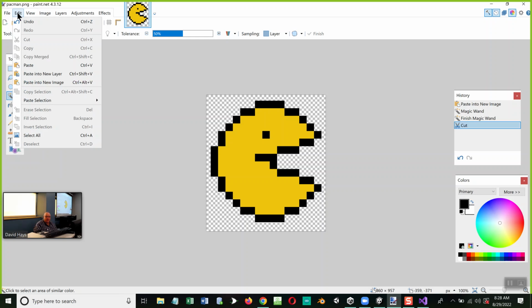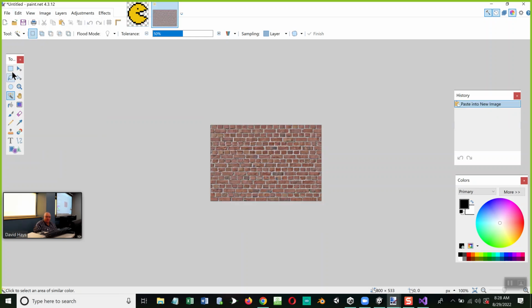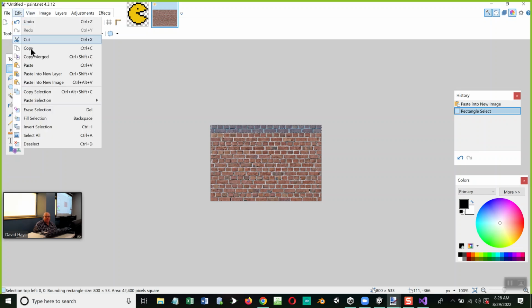Come over here and I do an edit, paste into new image. I'm going to choose my rectangular select tool, which is over here in the toolbox, the upper left one. Then I click and hold down my left mouse button, and I could choose like that right there. Do an edit copy,